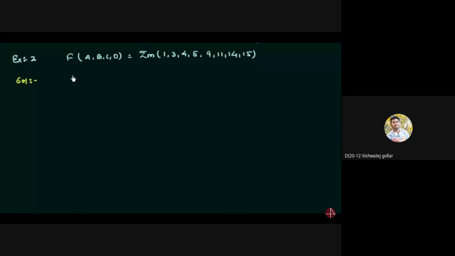So we will use the same thing, in which your function f is represented as the maxterm, and for the representation of the maxterm we use pi with capital M. This summation with the small m represents your minterm, and this pi with capital M